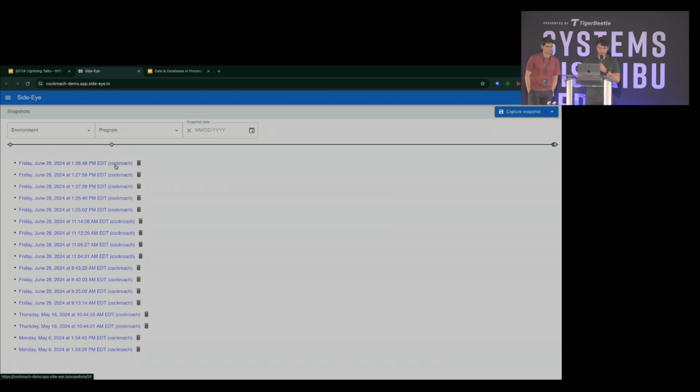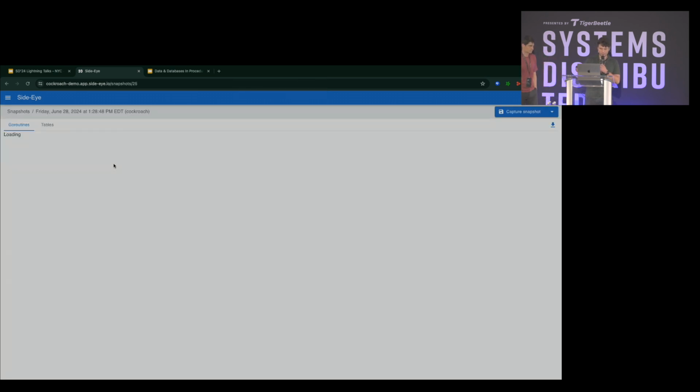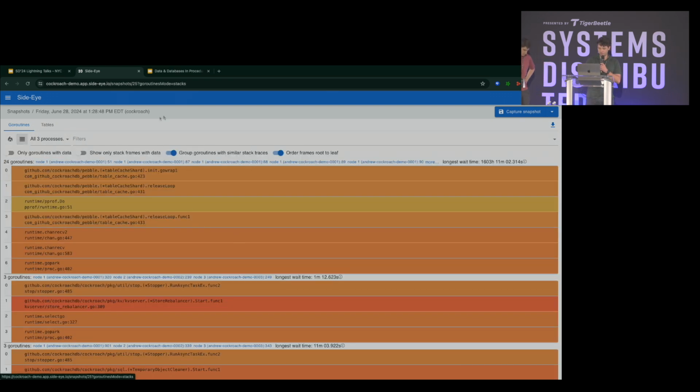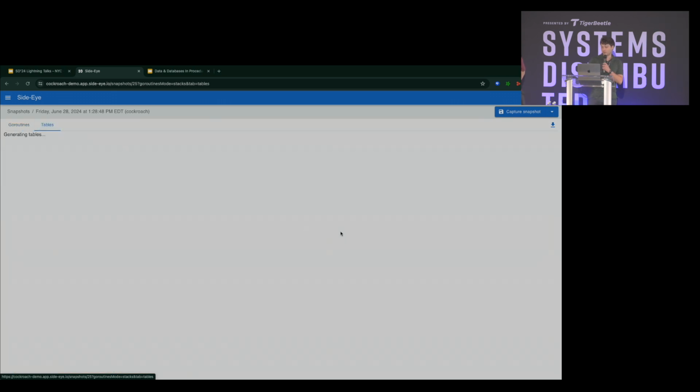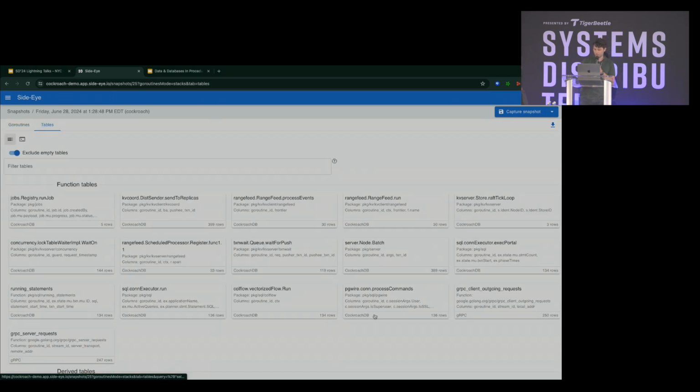So here you can look at past snapshots of points in time. This is pointed at a real live production cockroach cluster, CockroachDB. There's 3 nodes. We can get the node IDs, which we'll read out of memory. And you can get an overview of the Go routines as a flame graph, but you can also look at the data in a tabular format that's derived from